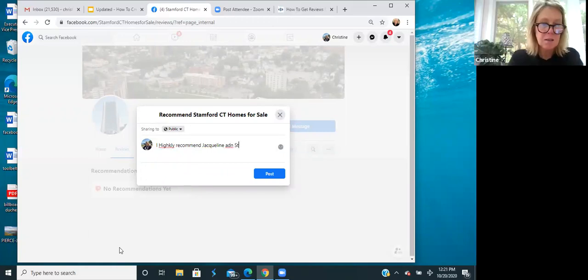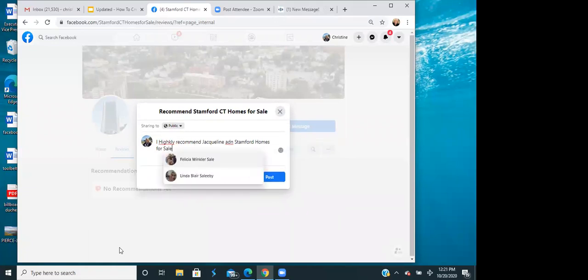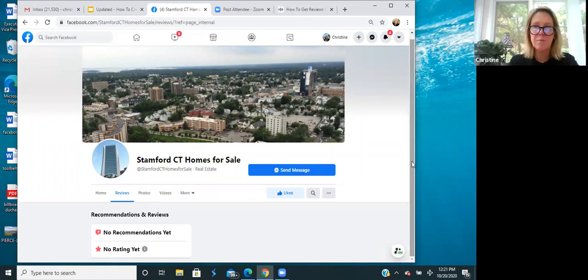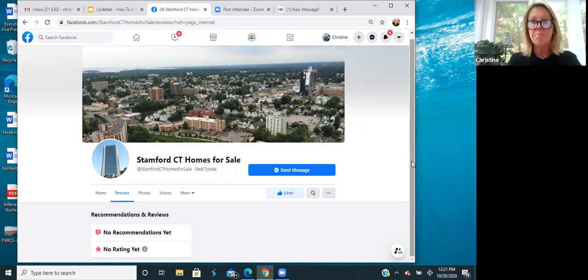And Stanford. Highly recommend me. Make sure you fix your typos because once you post it, she can't delete it. Yeah, oh no, I know. Exactly. Thank you. There you go. Post. Yay. Okay, so I guess it doesn't look like you can copy and paste any others that you've had, right? I'm not sure that you can. Yeah, it doesn't look like it. They're pretty strict about that kind of stuff. You can certainly tell people to go on over. It was easy as that.